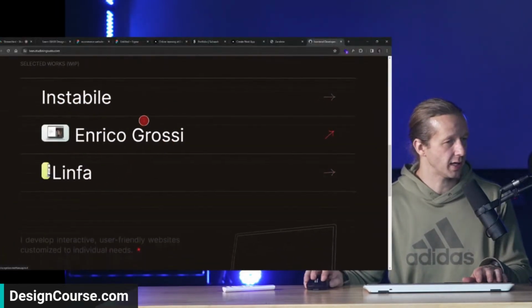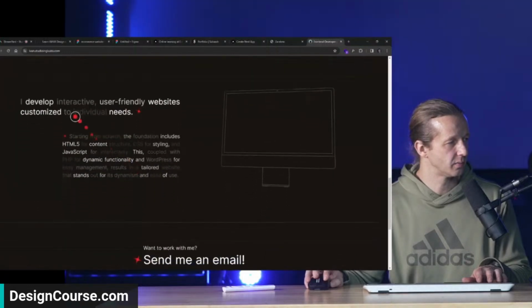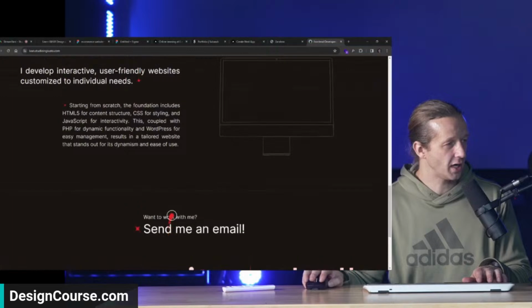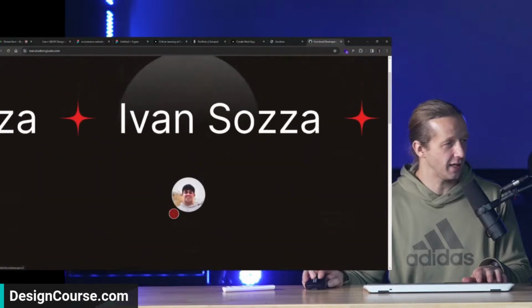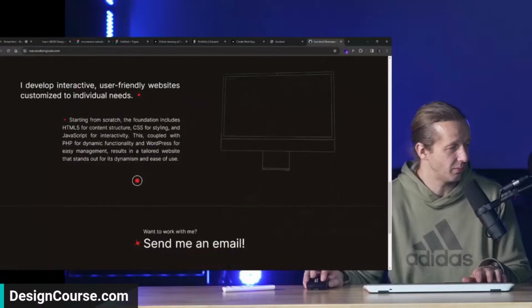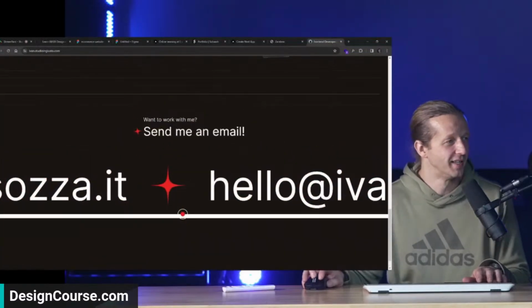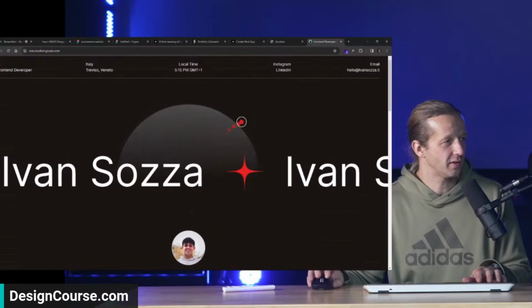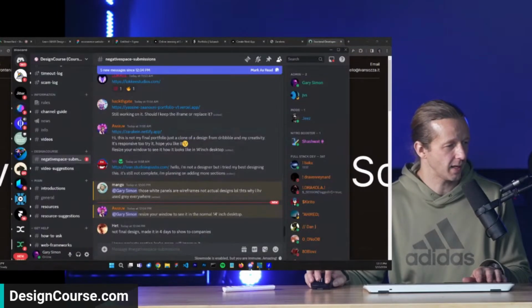I like these interactions. Very nice. That's a cool effect. Well, if you're not a designer, you're definitely on your way to being one. This is a lot better than I see some seasoned designers even. So this is solid. Yeah. Definitely very good. I like it.